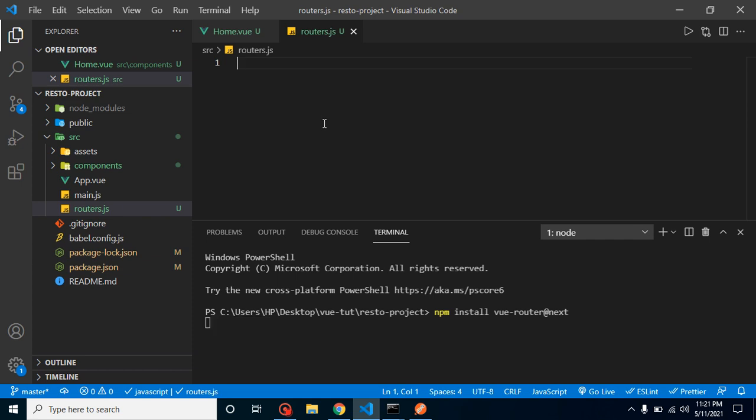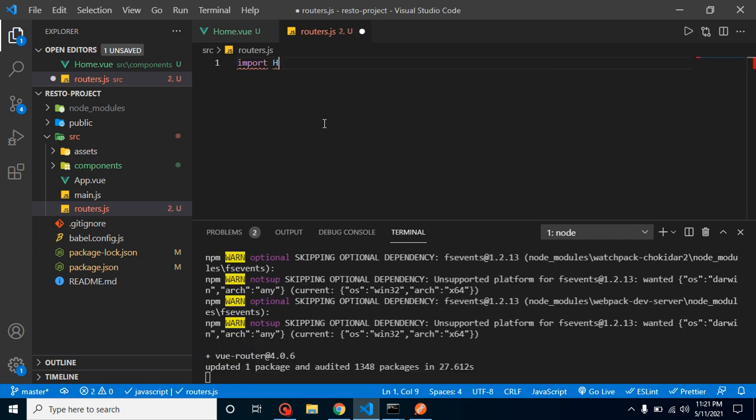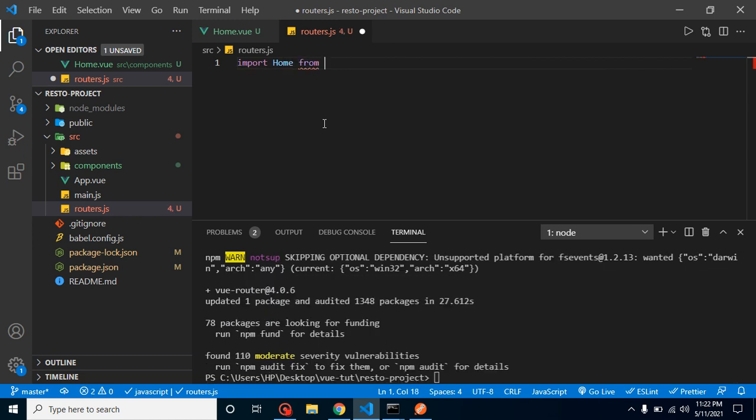And now let's import the home component from, let's put the path, components/home.vue. In a similar way, we can also import the sign up component, sign up, and let's put it here as an import also, right?